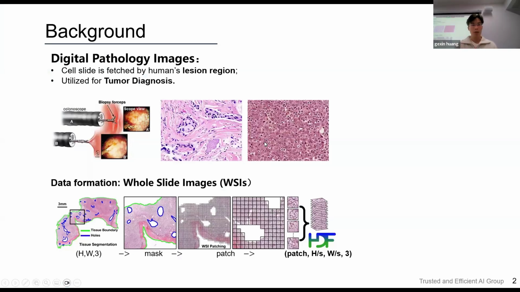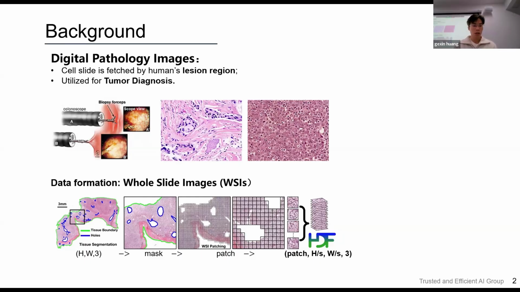Okay, so here is the background for pathology images. As we can see, the digital pathology image is obtained from the corresponding human lesion region from the human body, and they utilize a scanner to digitize these samples and use them for tumor diagnosis. This is a digital image, and the data format can look like this one, and it is characterized by its gigapixel